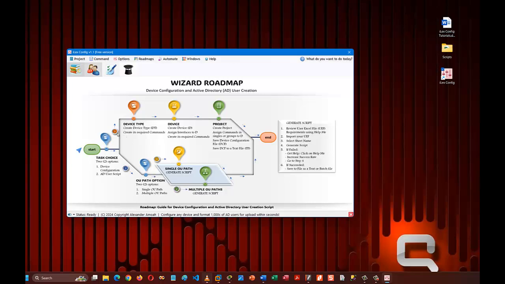The first one, device configuration. You have to define or select a device type. After that, you have to select the device because there are so many devices under that particular device type. So you select the device type and select the device. After that, you need to create a project. So in the project, you assign commands in singles or groups to the device. Then after that, you save the device configuration file, as I told you earlier,